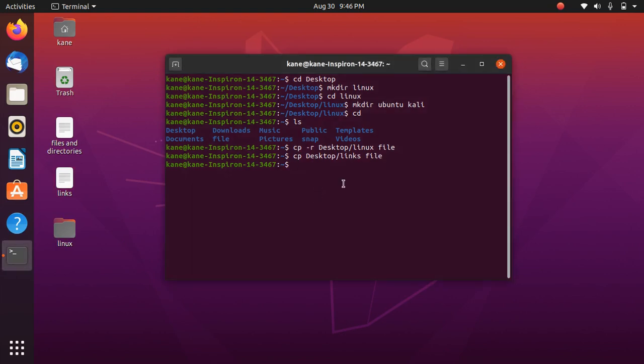For example, links is located inside the desktop folder, slash the name of that file. That file is copied inside another folder. So this is the cp command.